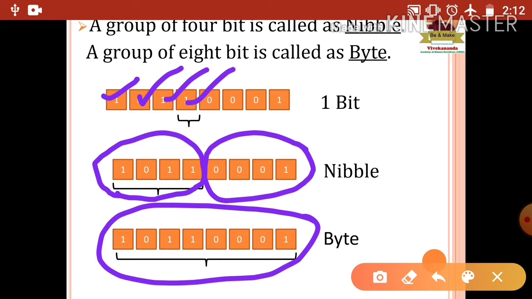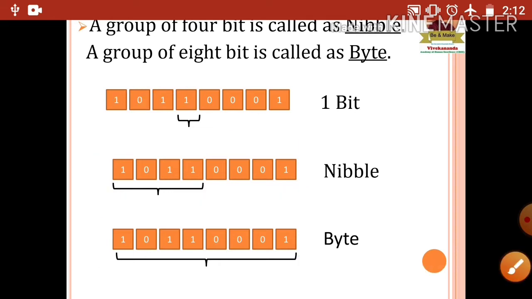Now where are we going to use these terms? Whenever we talk about the capacity of your RAM or hard disk, we are going to use all these terms. So you need to understand what is meant by bit and what is meant by byte. Okay, now moving further,